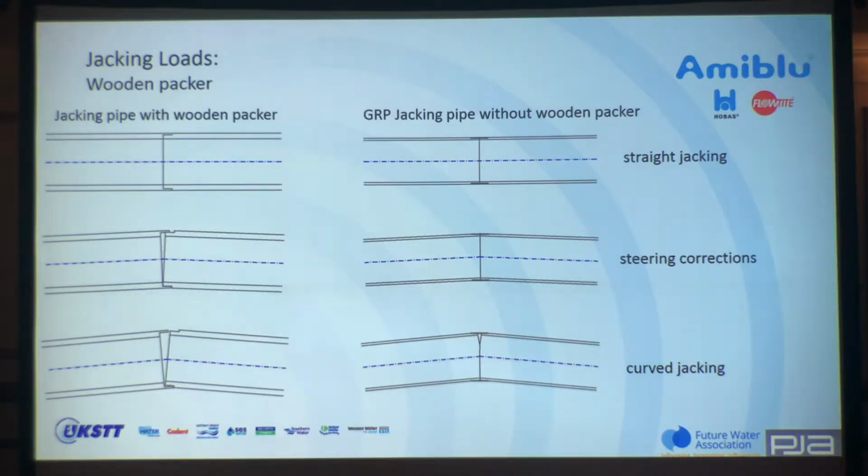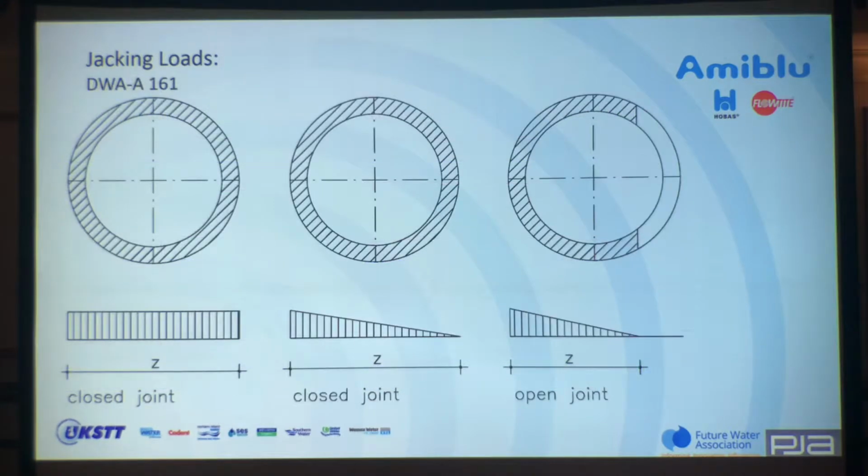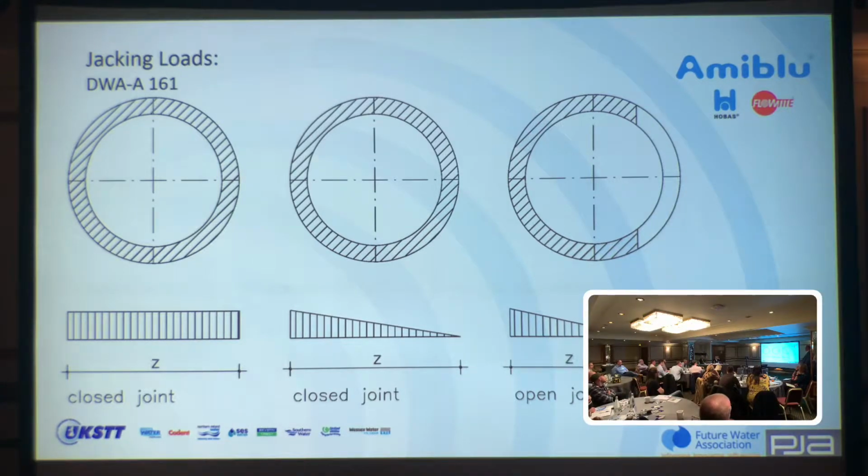And with curved jackings, we have a closed joint situation with GRP. Normally, even with curved jackings, we still have a closed joint situation, so you can max out your jacking loads. Open joint happens too, but